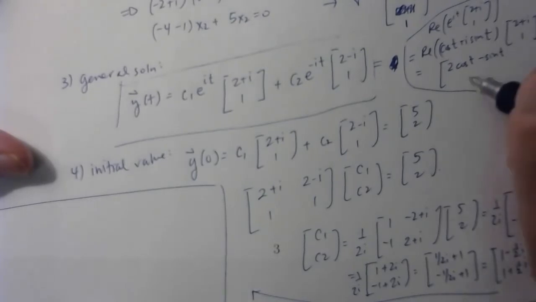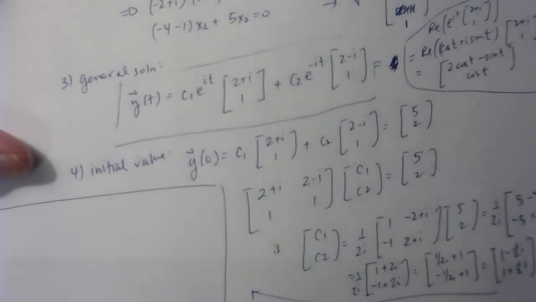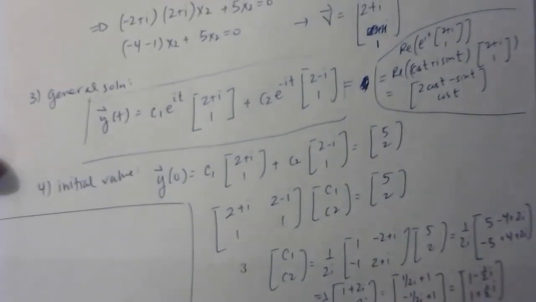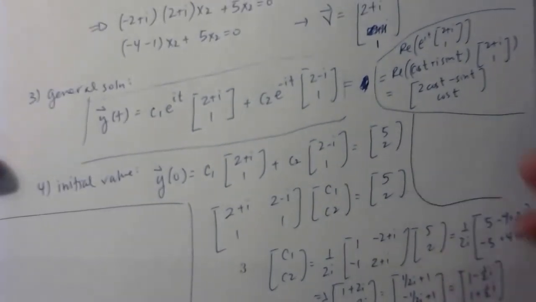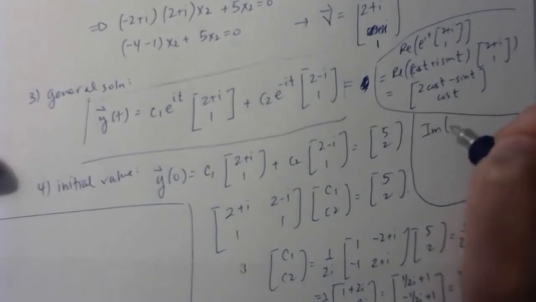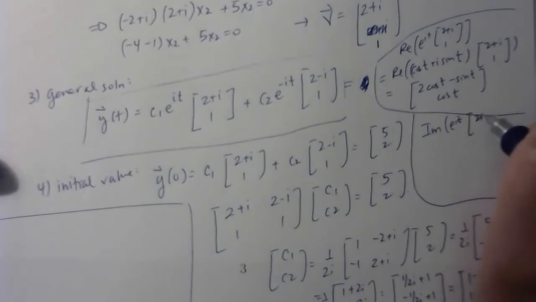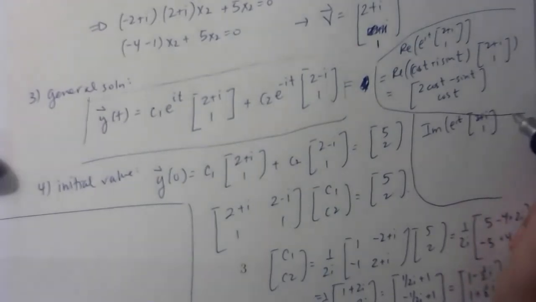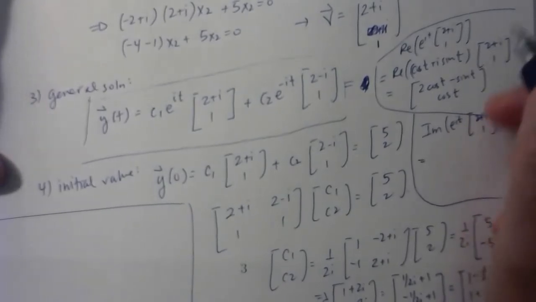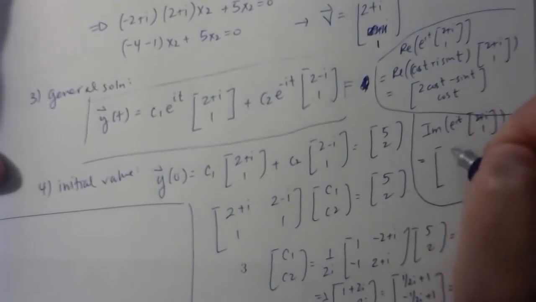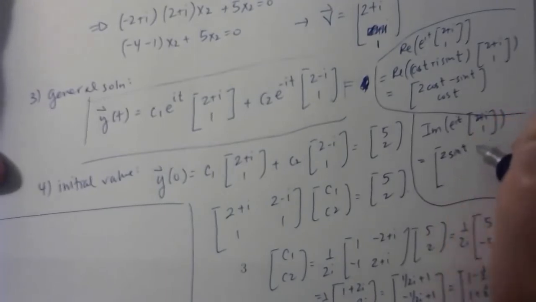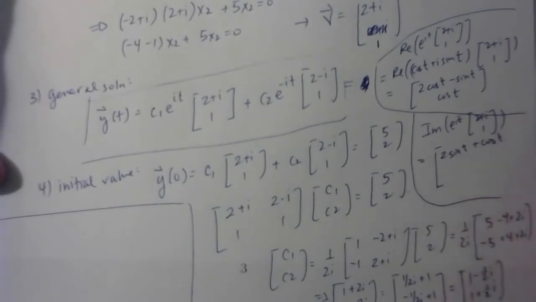I don't care about the imaginary parts, and just cosine t for the second element, right? And the imaginary part of e to the it, 2 plus I over 1. If I look at this, the imaginary part is going to be 2 sine t plus cosine t, and then sine t downstairs here. Okay,